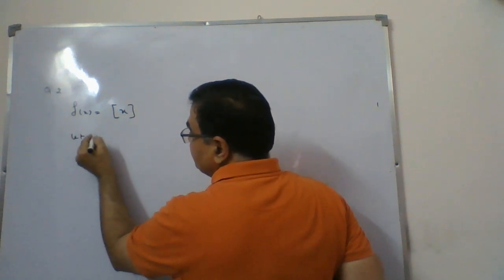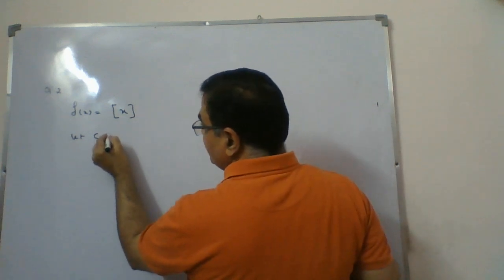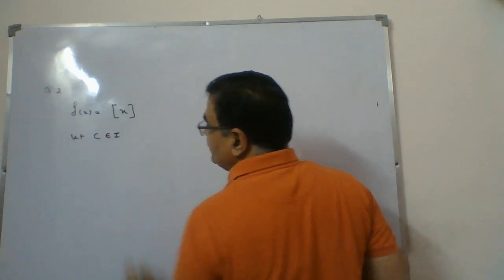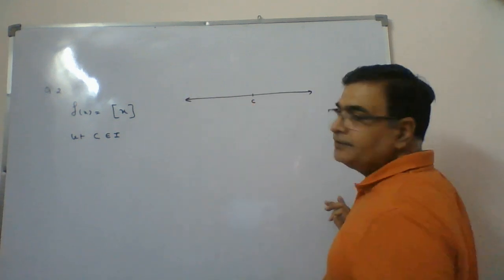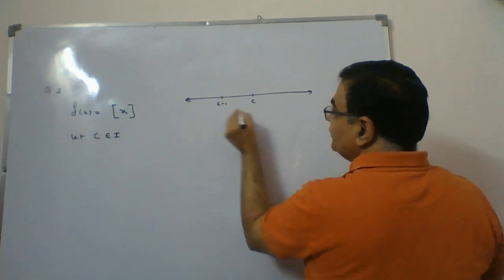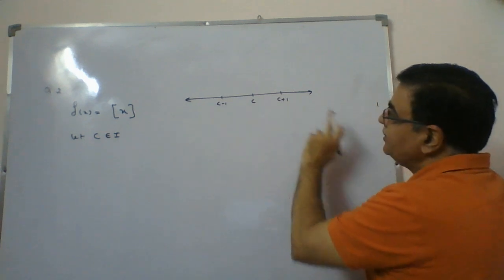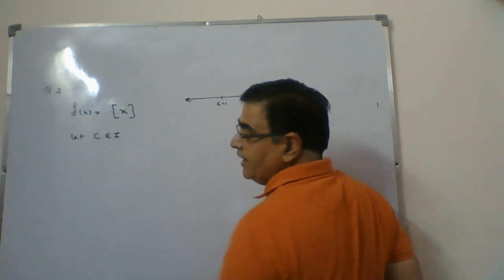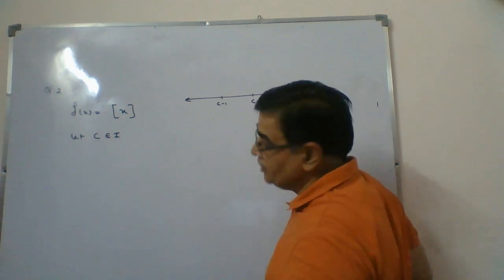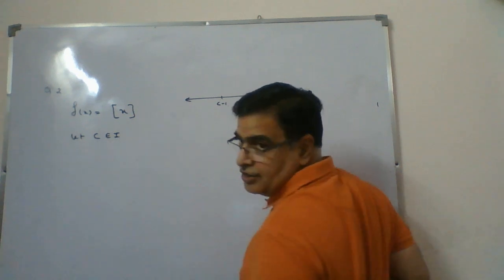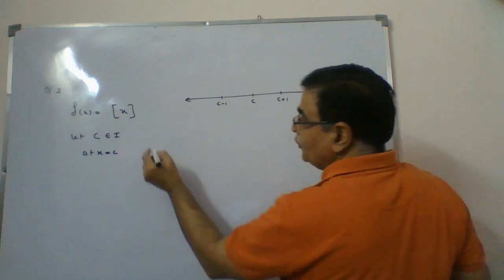Let c, or you take k, whatever you want to take, c belongs to some integer. Here c is one integer, this is c minus 1, this will be c plus 1. The integers below it will be c minus 1, c plus 1. So first we check at the integral point what will happen, and then we'll go to a point which is not an integer. So I let c belong to integers. So at x equal to c, when you do the discussion, what will you do?